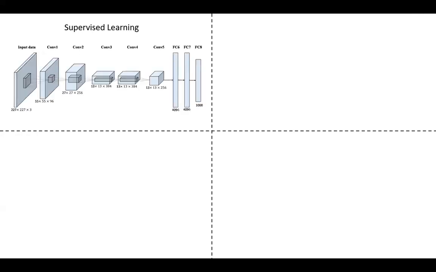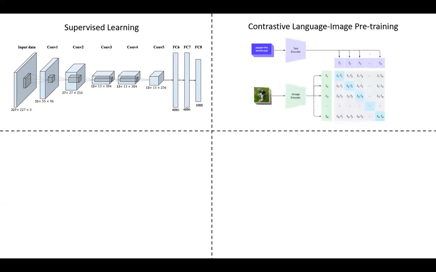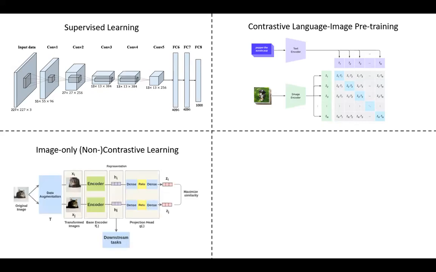visual language pre-training. As we can see, there are multiple training paradigms in this area. Supervised pre-training is maybe the most classical and also the most powerful one to train an image encoder from scratch. And here comes the CLIP model, right? We can use large scale, weak supervision from the text signal to learn the image encoder. We also have contrastive learning, and actually we also have non-contrastive learning, which aims to mine